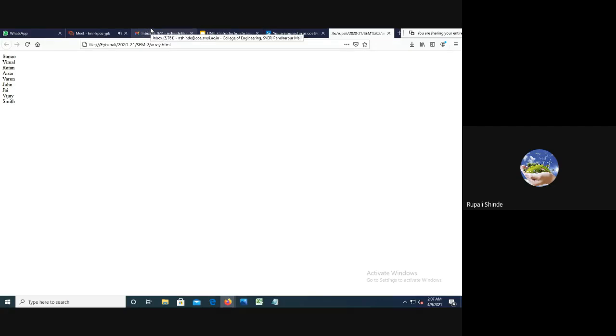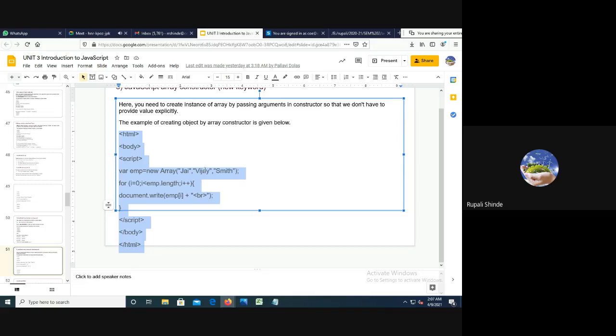Are you getting it? How the array is created, how it is going to execute.